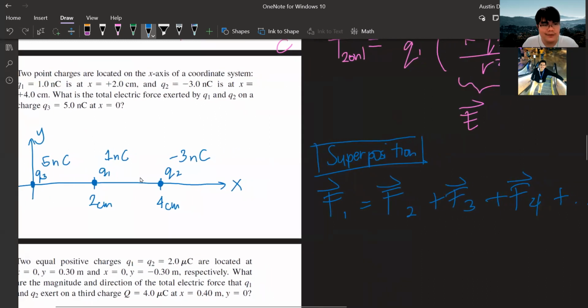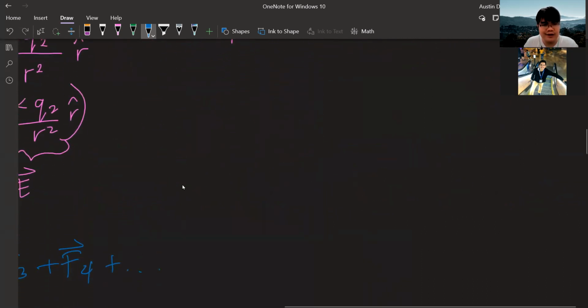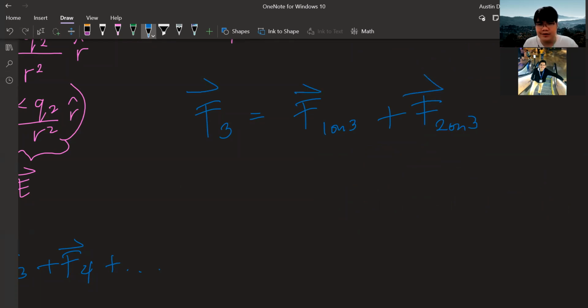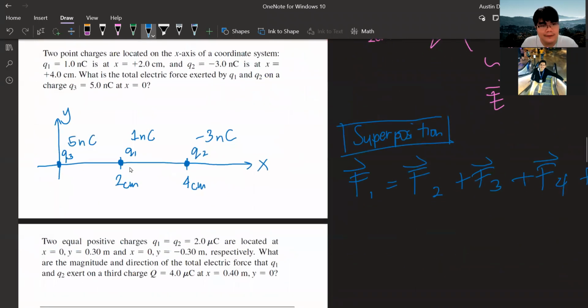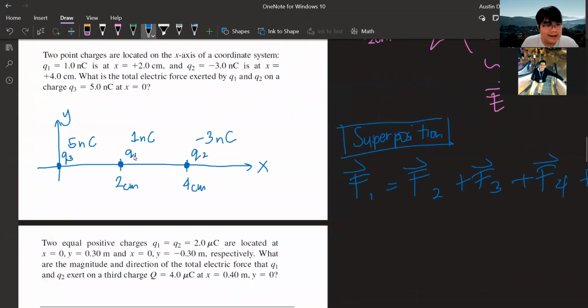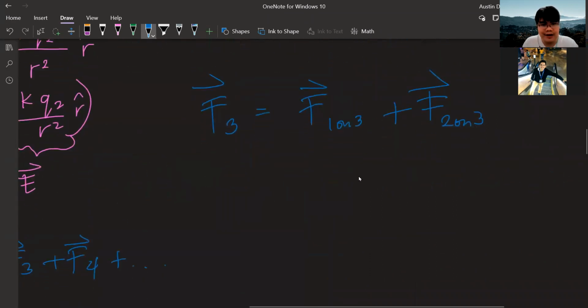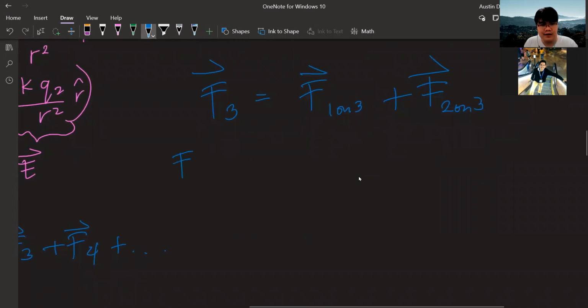So yung F3, the force on 3, would just be the force of 1 on 3 plus force 2 on 3. Kuha ba? Malinaw pa? Malinaw. Okay, so those are all vectors. Start tayo systematically. Gawin natin si F1 on 3. Force of 1 on 3. Okay? So si F1 on 3 would be